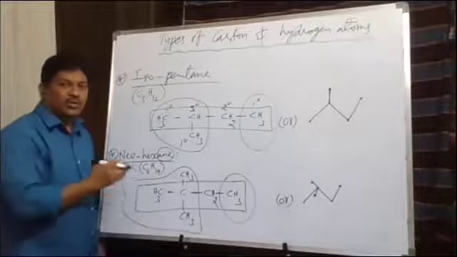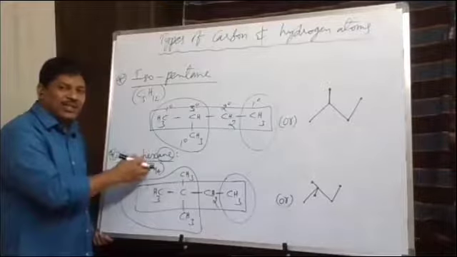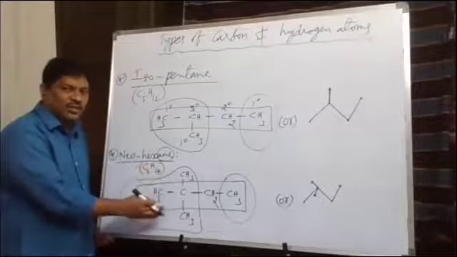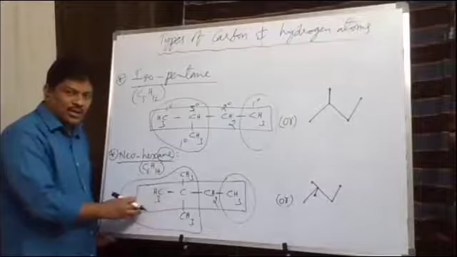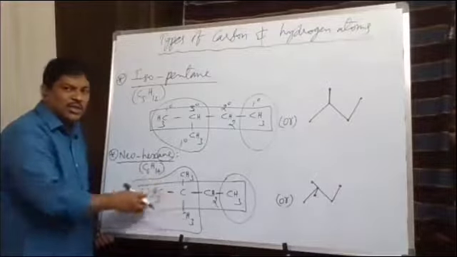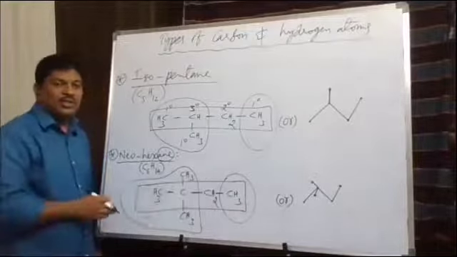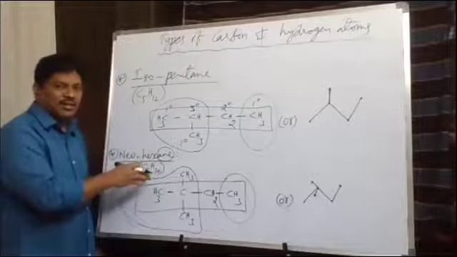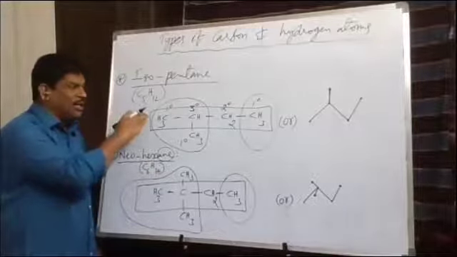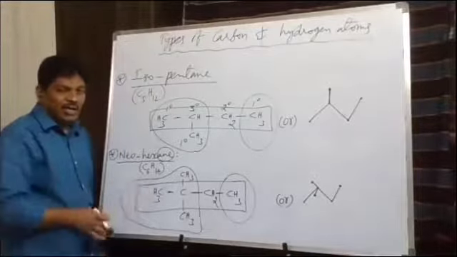Neo. We use the word neo. So neohexane, why we said here: in the hexane structure, at one end of the structure there is a tertiary butyl group and at the other end CH3 is present. So this is called neohexane. So isohexane, isopentane and neohexane, we have taken examples here.